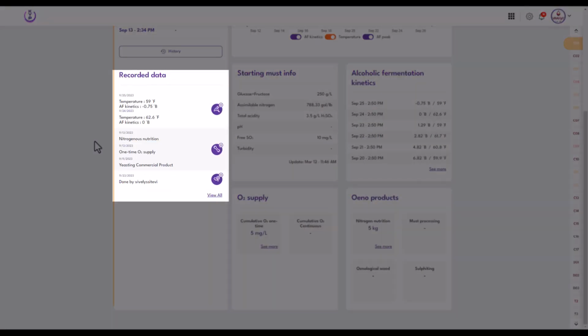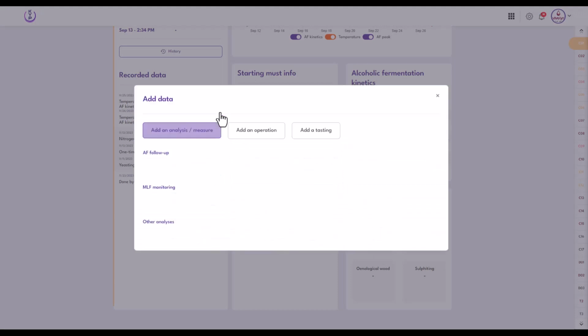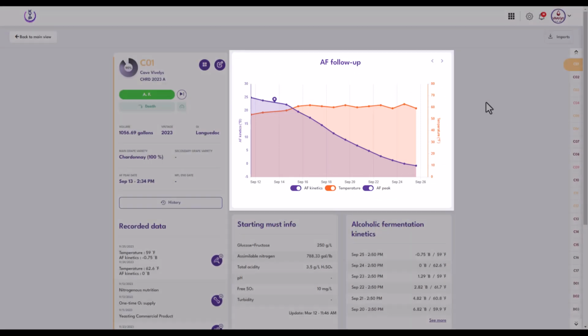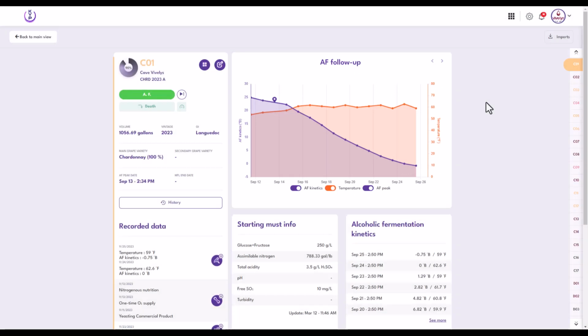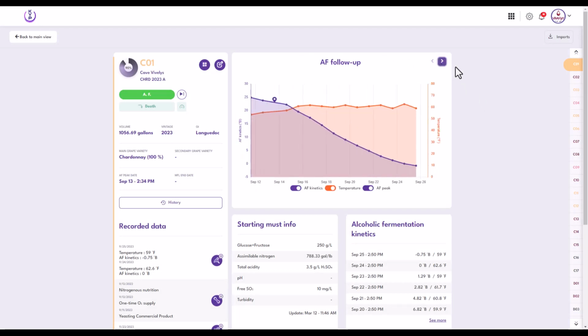A second block allows you to view the latest measurements, operations, or tastings carried out, as well as to record new data. A third block shows the recorded data in graphical form. If the required data has been recorded, several thematic graphs are available. Hovering the mouse over the density curve also allows you to view the different statuses the batch has undergone during